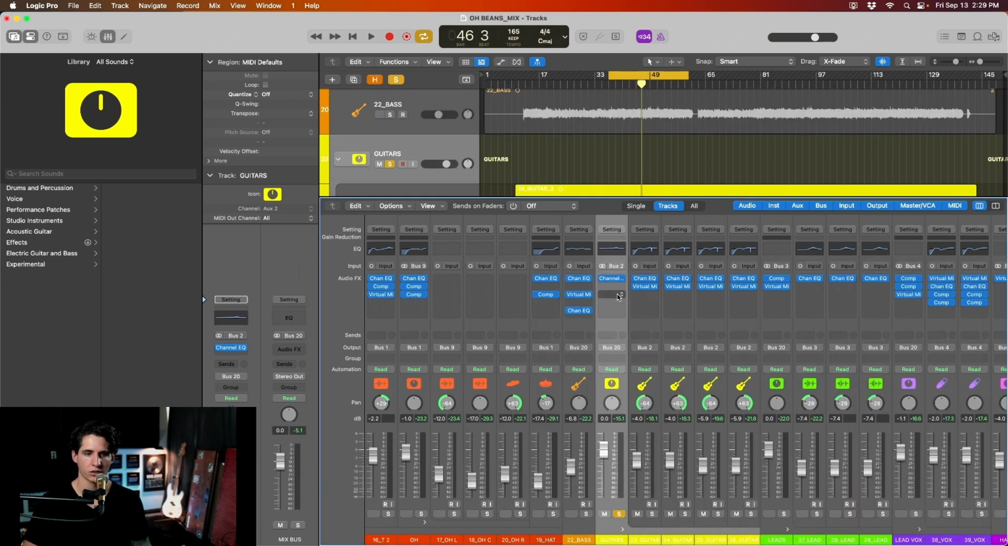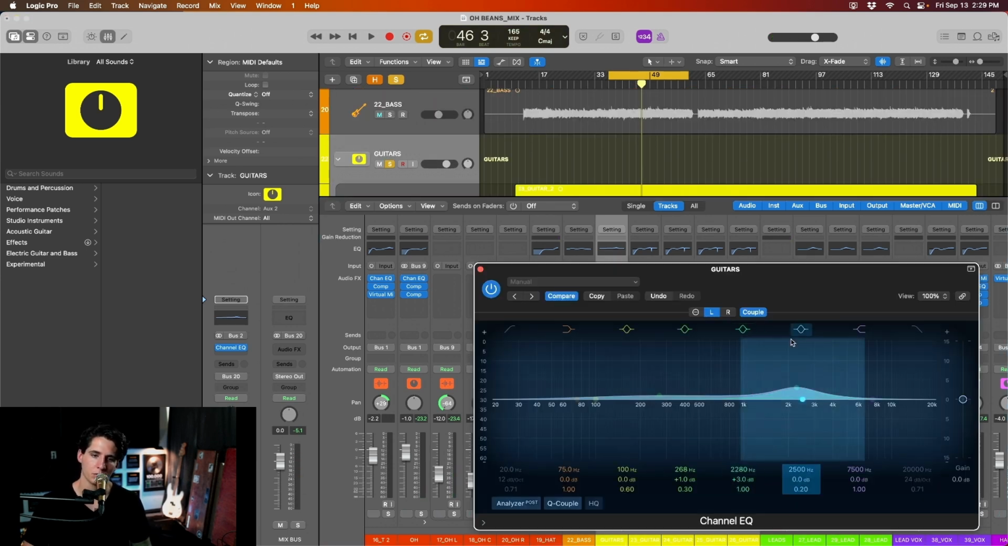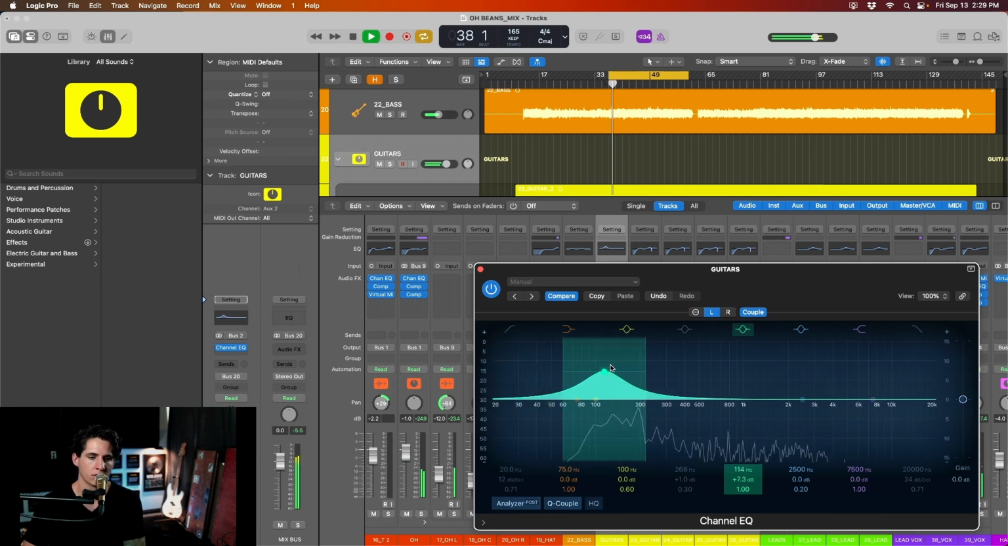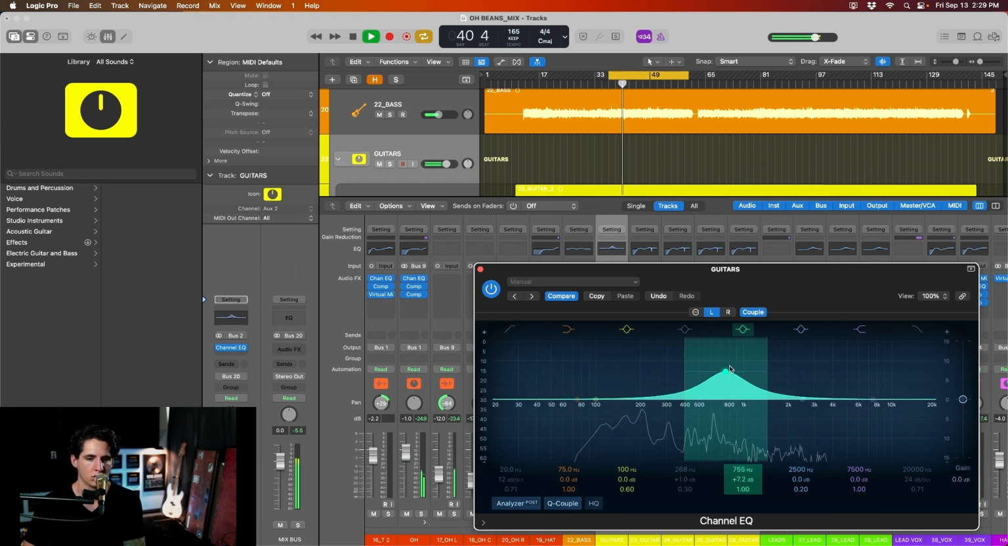And they're cutting through the mix a little bit better. So part of the reason I'm doing this is to try to figure out where the guitars are naturally living anyway inside of the mix. So the way that I would do this from scratch, if I wasn't sure,